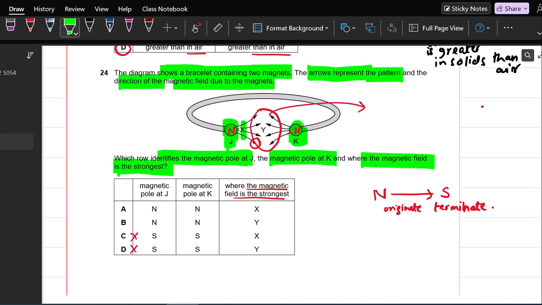So here at Y repulsive force, yes, no doubt in this. And at X you can see lines are very close to each other. So at this point the magnetic field is strongest. So A is right here. Moving to next